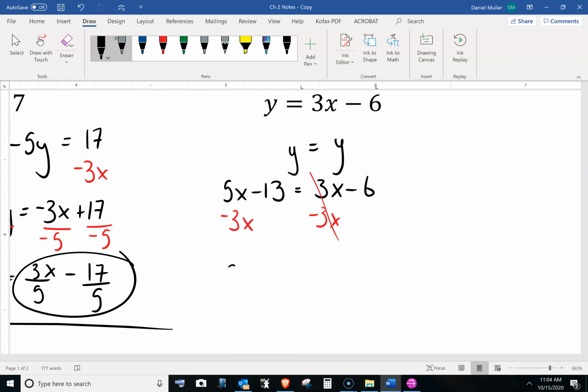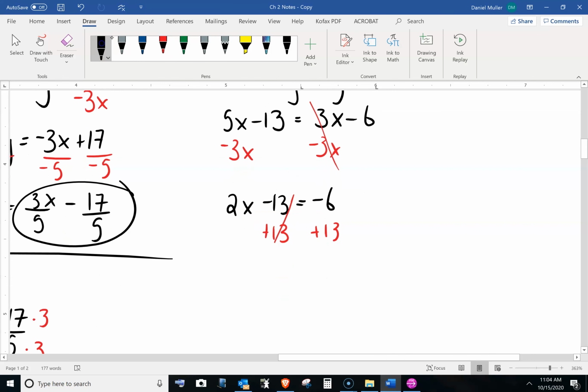So 5 minus 3 is 2x, and there's a minus 13 is equal to negative 6. So we can now add the 13 over. 2x is equal to 13 minus 6, which is 7. Divide by 2, and you get